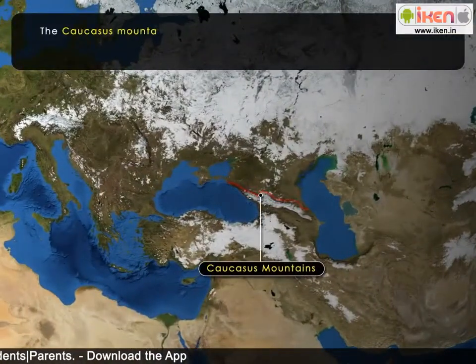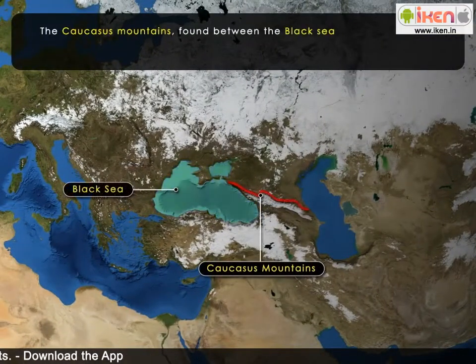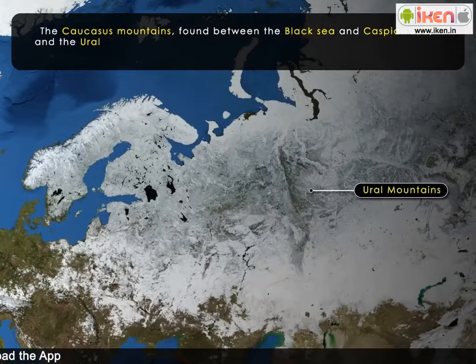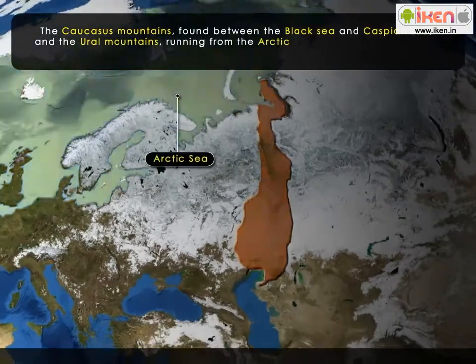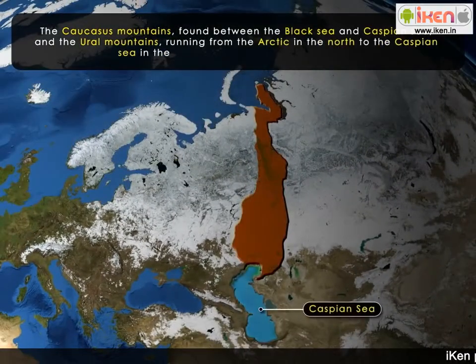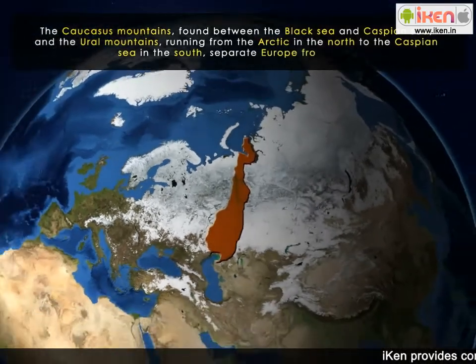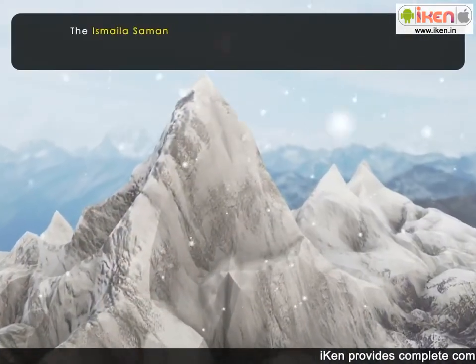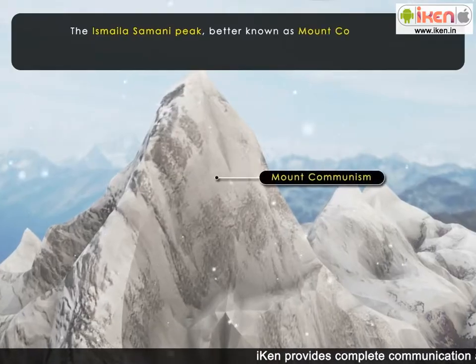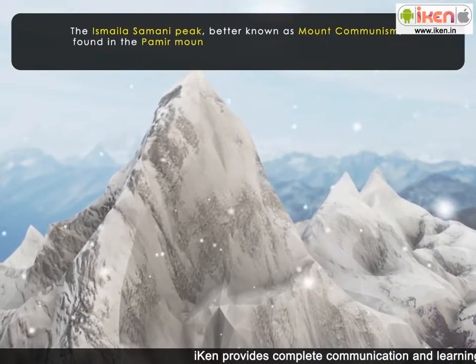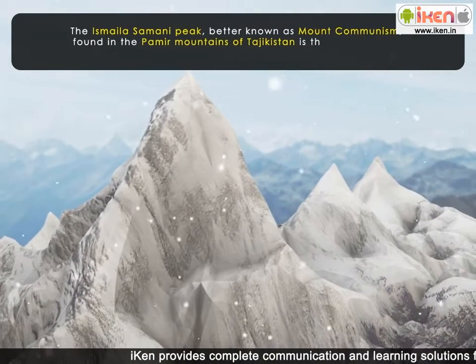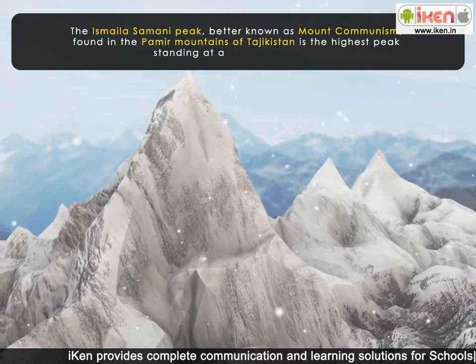The Caucasus Mountains, found between the Black Sea and Caspian Sea, and the Ural Mountains, running from the Arctic in the north to the Caspian Sea in the south, separate Europe from Asia. The Ismail Samani Peak, better known as Mount Communism, found in the Pamir Mountains of Tajikistan, is the highest peak, standing at a towering